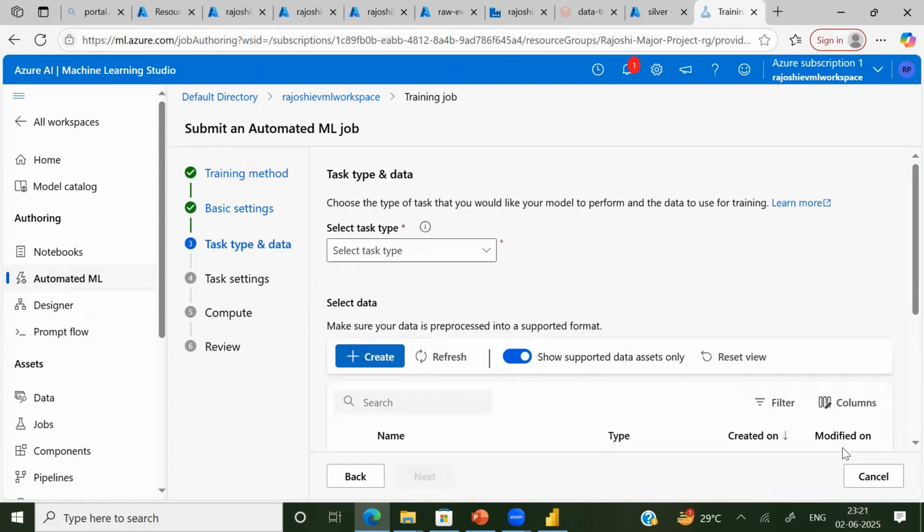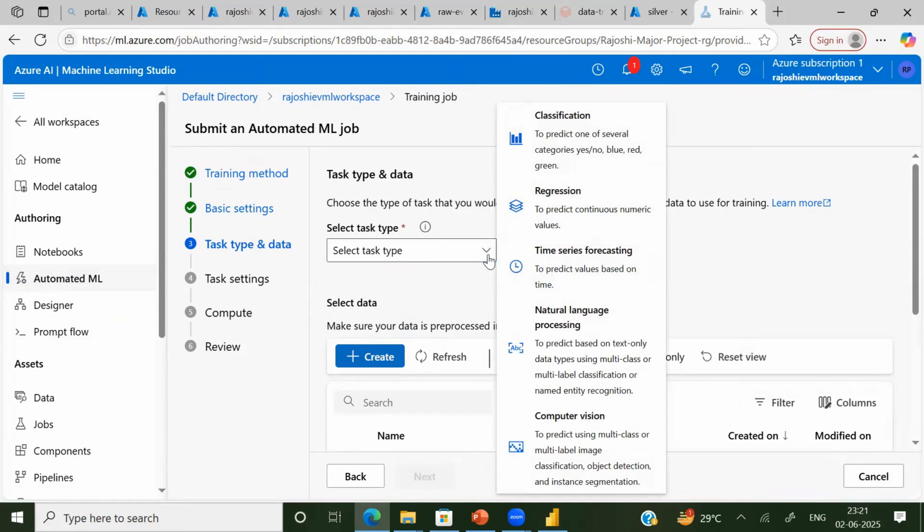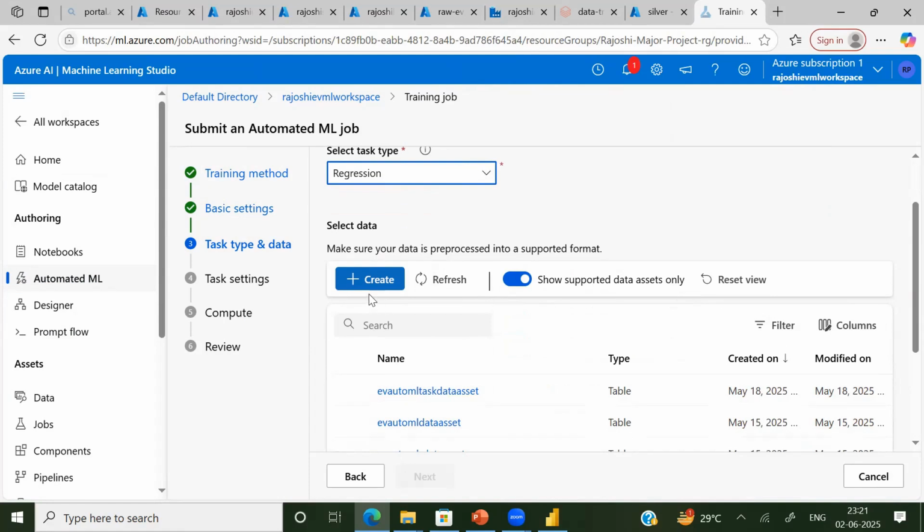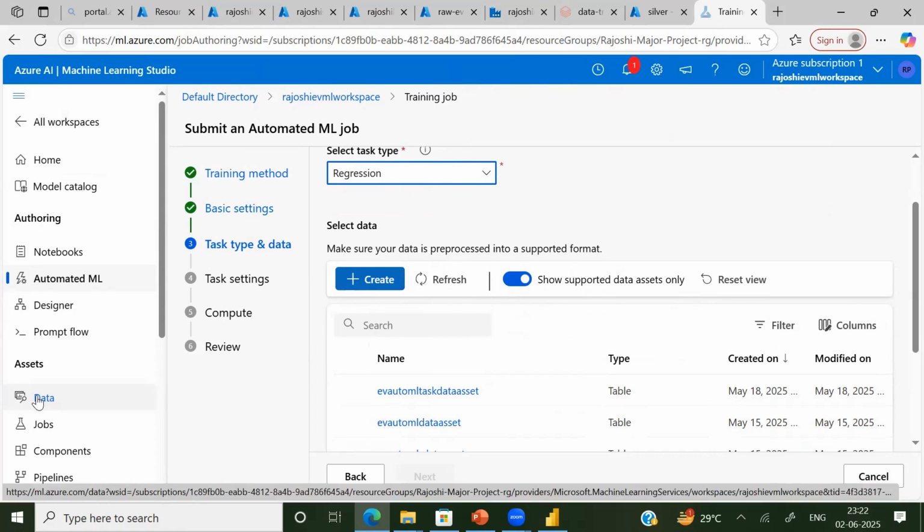Once this is done, it will be asking for the task type, so on what the model needs to be trained. For our case, it is regression. And we can create a data set here, or we can reference the data set. So we are referencing the data set here, and the data set can also be created using this data tab under the asset